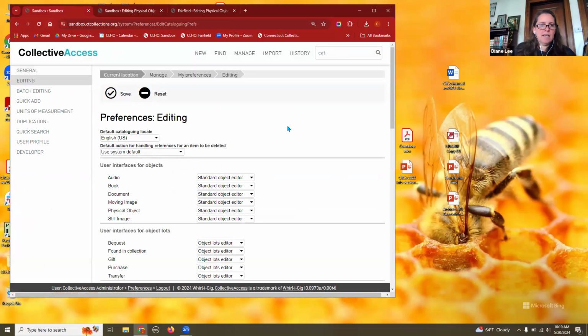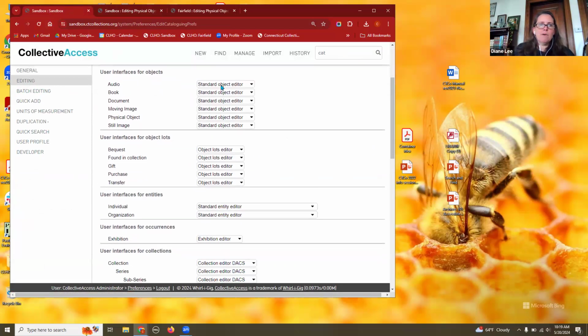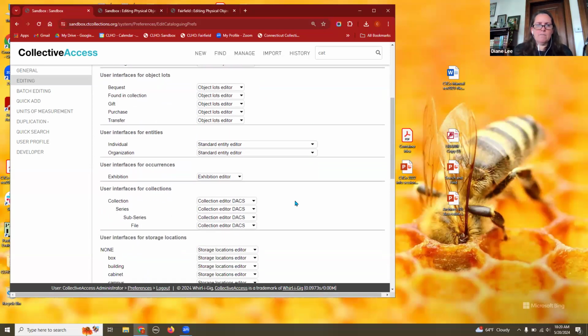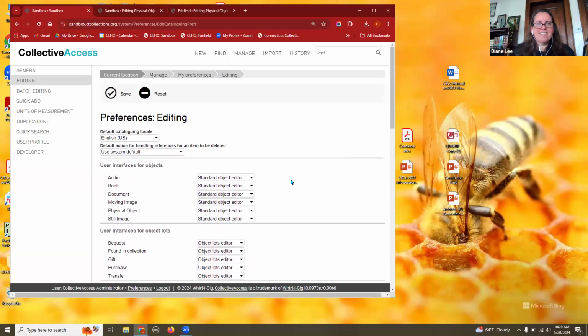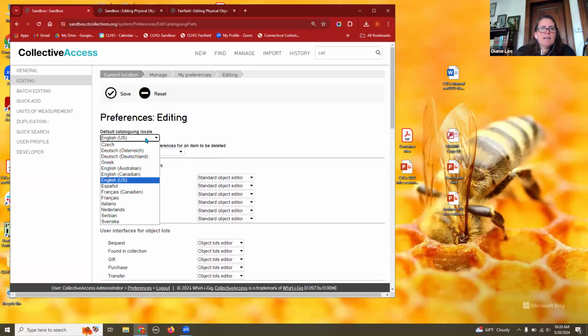Okay, editing is not really many choices in this. It looks like there's a lot of choices, but we just have the one interface for everything. I have done other sorts of interfaces, but it's more of just like the page setup versus a whole editor, so even those don't show up in this. Like collection, they all come up in the collection editor docs part. So this isn't really a thing. The only thing is cataloging locale, which is language again. And